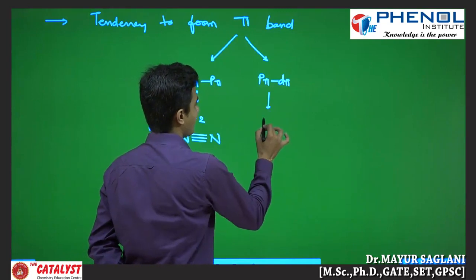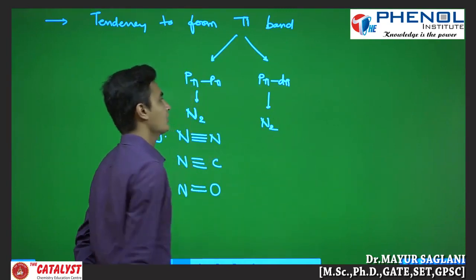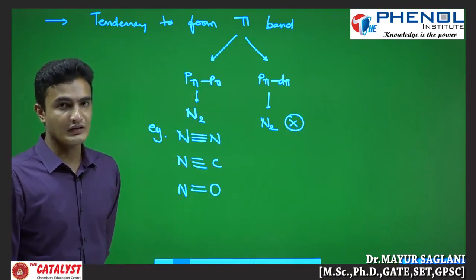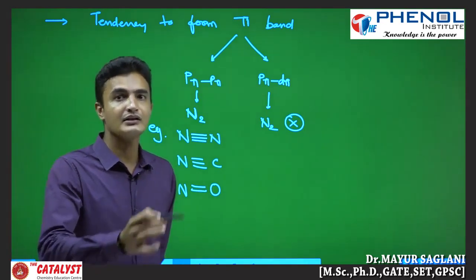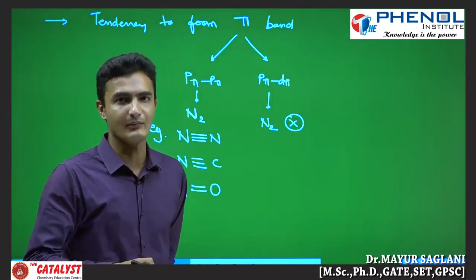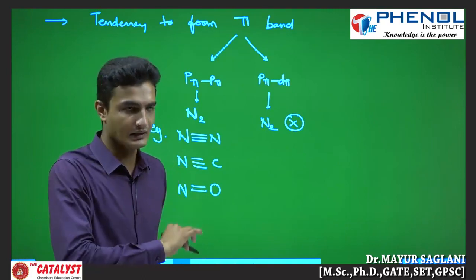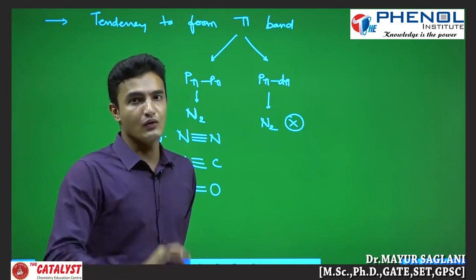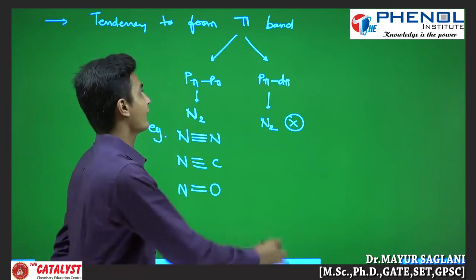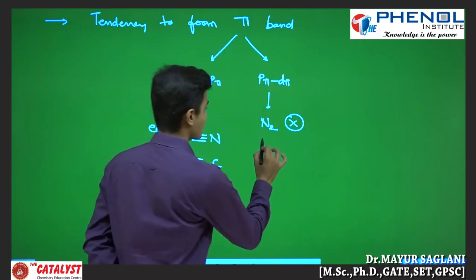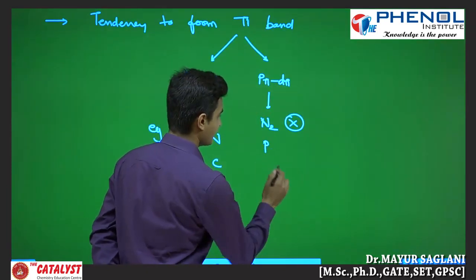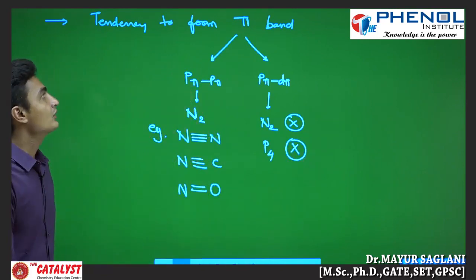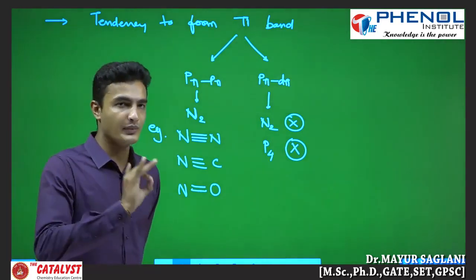Nitrogen never forms p pi d pi bond. Is it or not? Nitrogen never forms p pi d pi bond. But if you see phosphorus, arsenic, antimony, bismuth will form metallic bond, so we will not consider bismuth in this. But if you check phosphorus, arsenic and antimony, phosphorus is a non-metal, and even phosphorus never forms p pi p pi bond. Fine. So I am writing here phosphorus, sorry, it is in the P4 form, that will not form p pi d pi bond. Fine. So the 15th group family will not form p pi d pi bond.